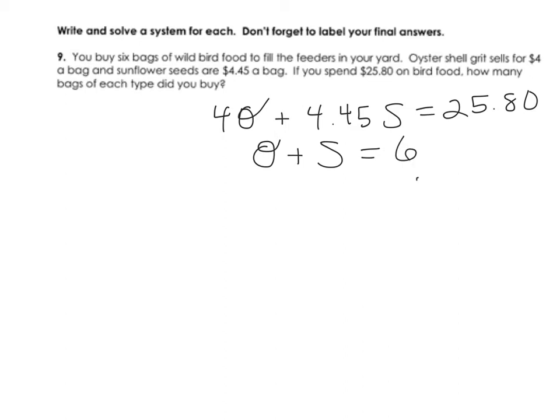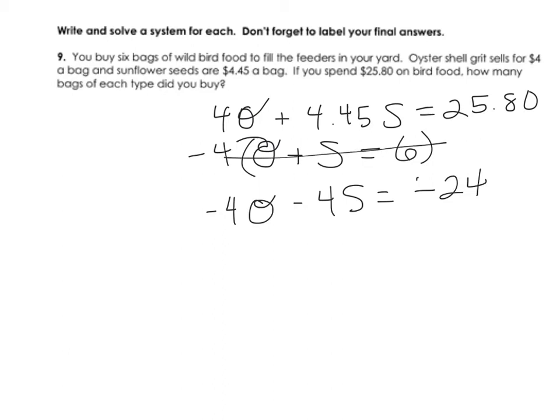I'm going to use combination again, so I'm going to take the bottom, and I'm actually going to multiply by negative 4. So I'd get negative 4 O minus 4 S equals negative 24. Now I can combine them. My O's get eliminated. I come up with 0.45 S is equal to, and when I combine the 2580 and my negative 24, I'm going to get